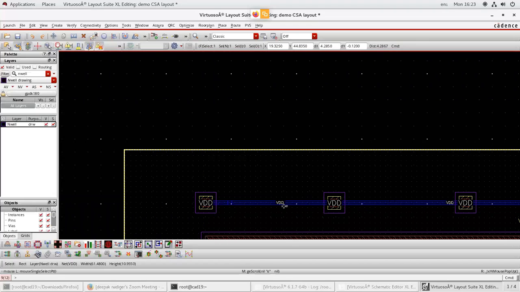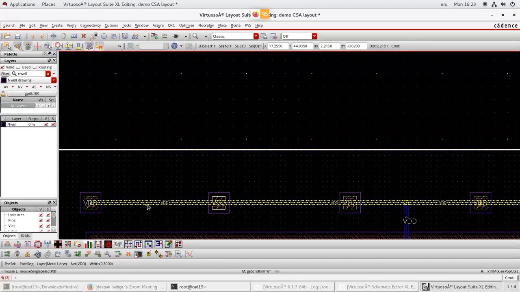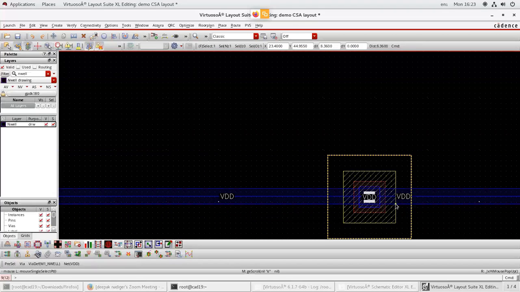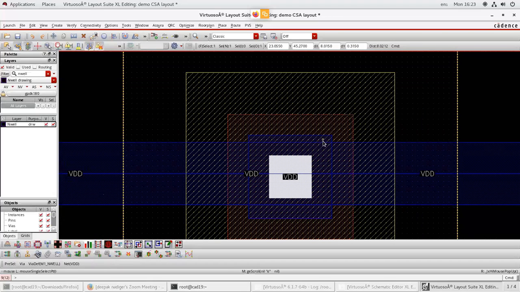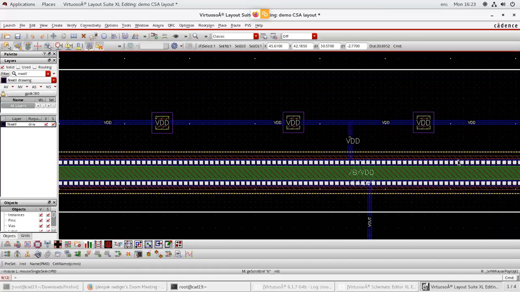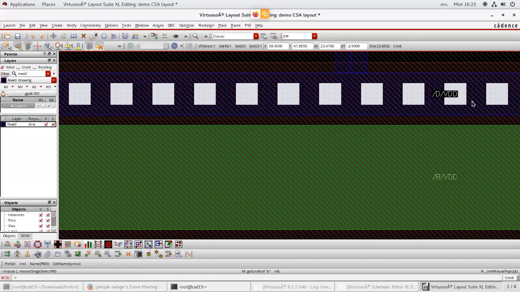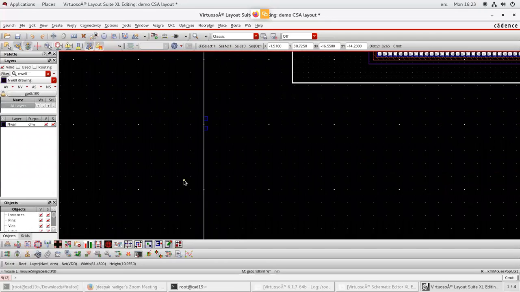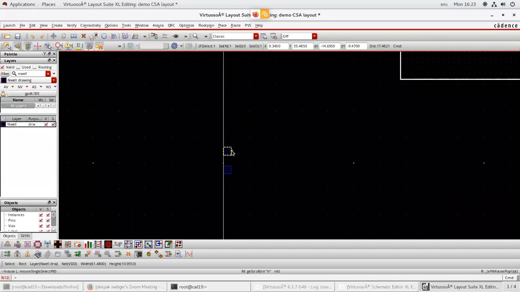So this VDD pin I can place anywhere here or inside this substrate, inside the blue boundary of the substrate, or on this metal, or on the source of your PMOS, because all are shorted. Okay. So next pin is your